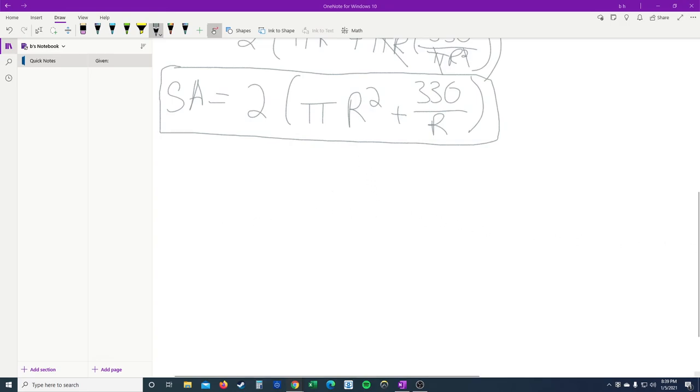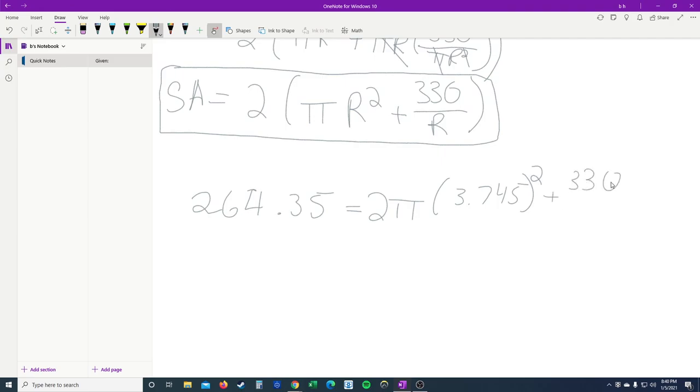And that'll give you 264.3. So let me write that, 264.35 equals 2 times pi. And for x, we have 3.745 squared plus 330